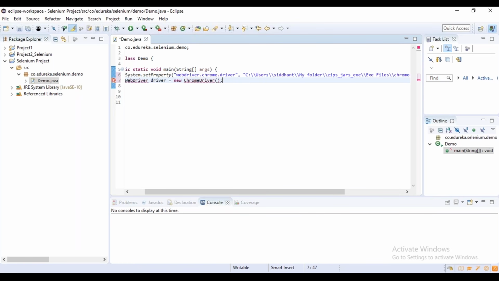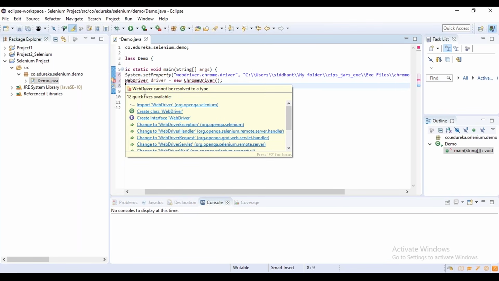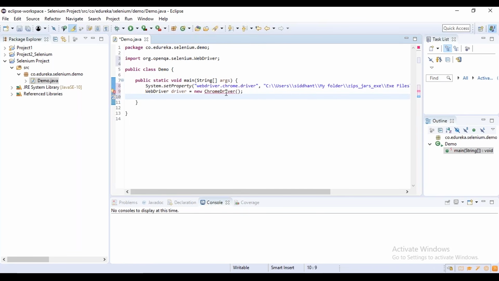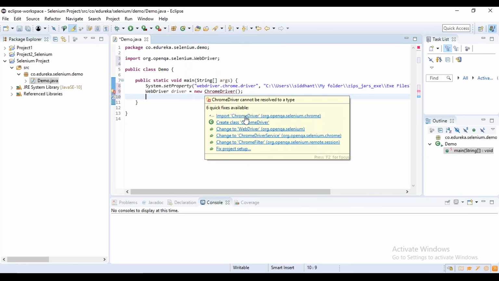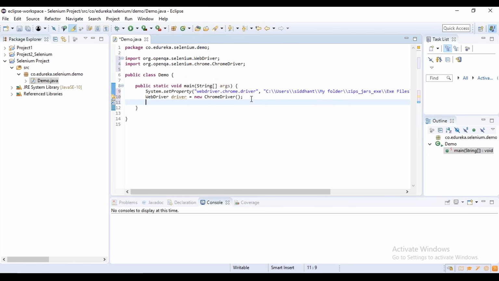So I use a constructor to initialize the reference variable with an object. Now you can see an error here. That's because we have not imported our interface and our classes. If you hover your mouse over it, you can see an option to import the interface first, and then let's go and import the class as well. We've imported the class as well now.